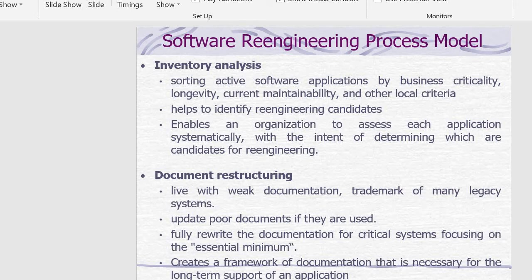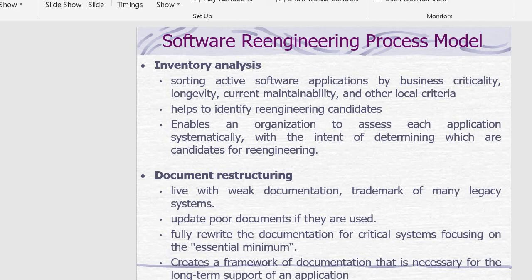Now if you look at this inventory analysis, look at the activities here: sorting active software applications by business criticality, longevity, current maintainability, and other local criteria. This inventory analysis helps to identify re-engineering candidates, meaning this particular component, or the set of components, needs to be re-engineered.